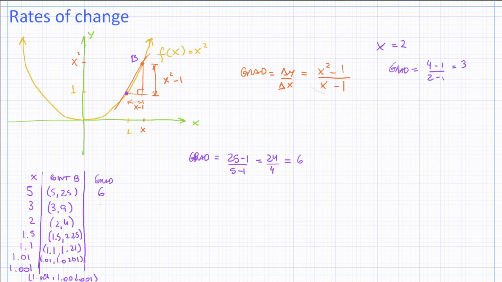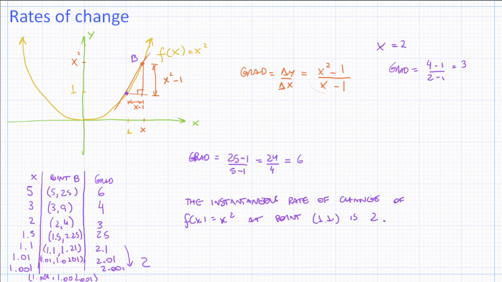So you would get values going down. This would be 4, and this one 4 minus 1, 2 minus 1, that would be 3, and then this would be 2.5, 2.1, 2.01, and this last one would be 2.001. And any ideas where this is going towards? 2, right? So we can say that the instantaneous rate of change at point 1, 1 for the function f of x equals x squared is 2,